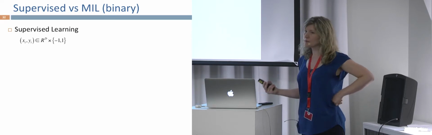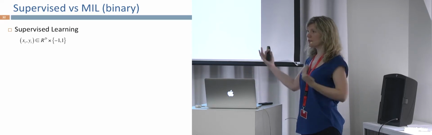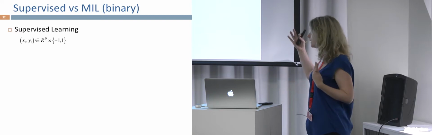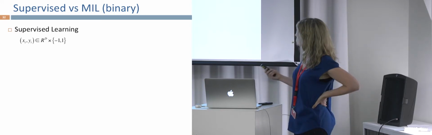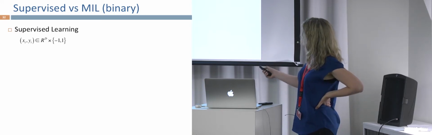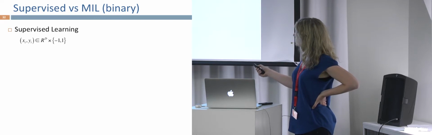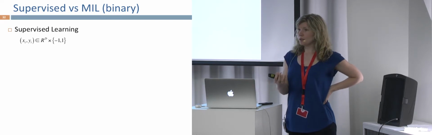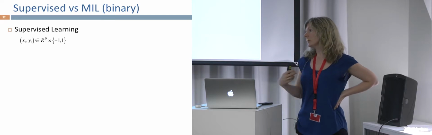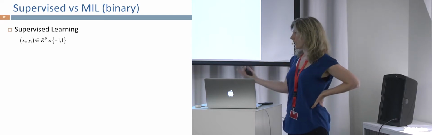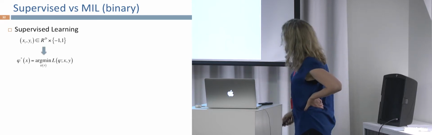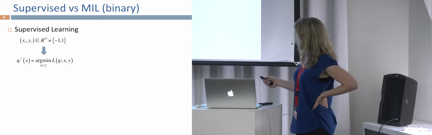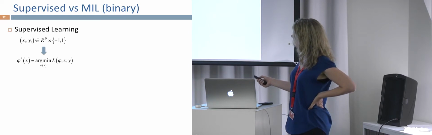Just for convenience, we assume it's a binary problem here, but of course we can extend it to many different categories. For detection, typically this is a binary problem. The label is -1 if the example is a background example, and +1 if it's an example of the actual object. Then our goal is to learn this hypothesis or classifier,